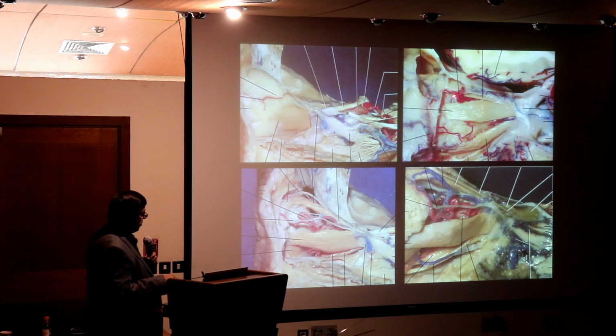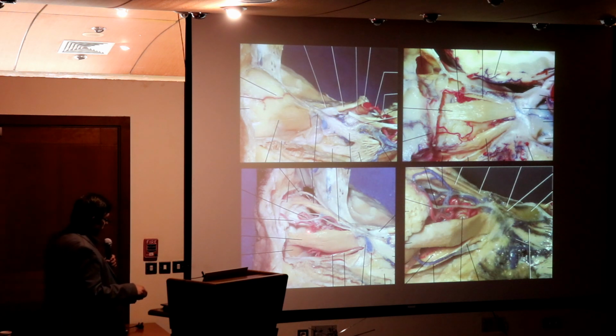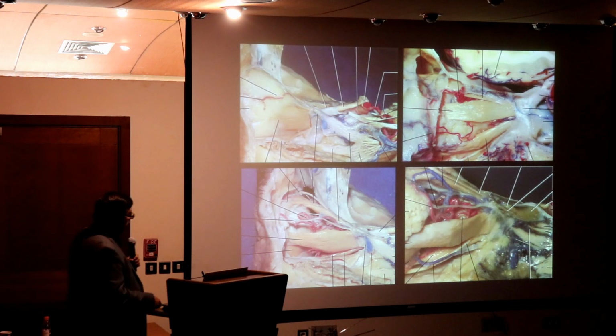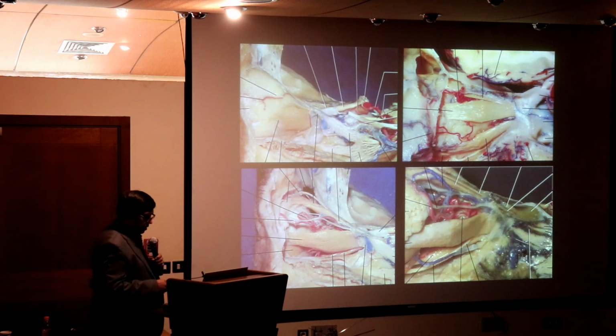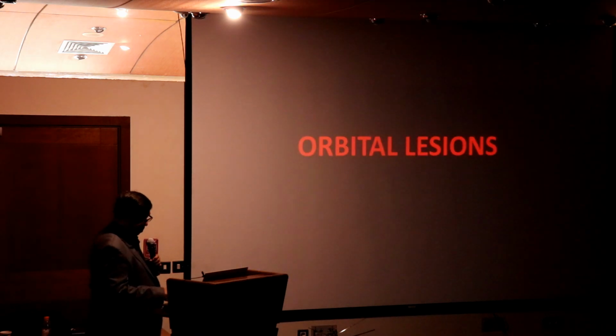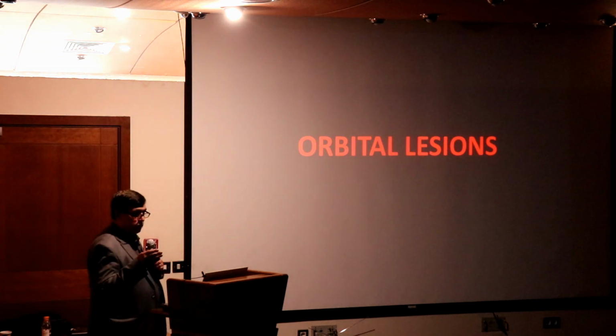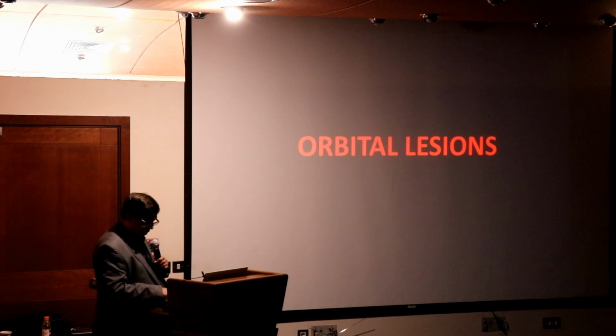So whether you will go above or below depends on where the lesion is. Here, you open the window between the superior rectus and the lateral rectus, and you will find certain structures. If you go below, you will find different structures. This is the superior ophthalmic vein, this is the inferior ophthalmic vein. Why am I mentioning all this information? Because we are going to see it during the movie. So, we now know what the orbit is, we now know what we mean by intraconal